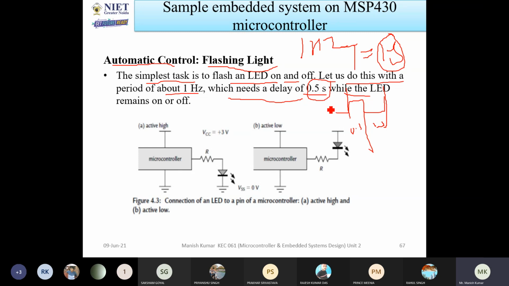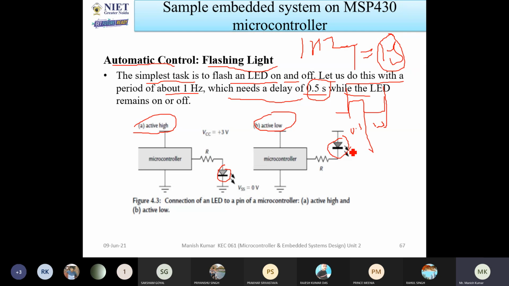Okay, so now how can you design this? How can you interface this? There are two types of design possible, either active high or active low. So what do you understand by active high and active low? I have interfaced the LEDs in both cases so that the LED will turn on and turn off respectively.